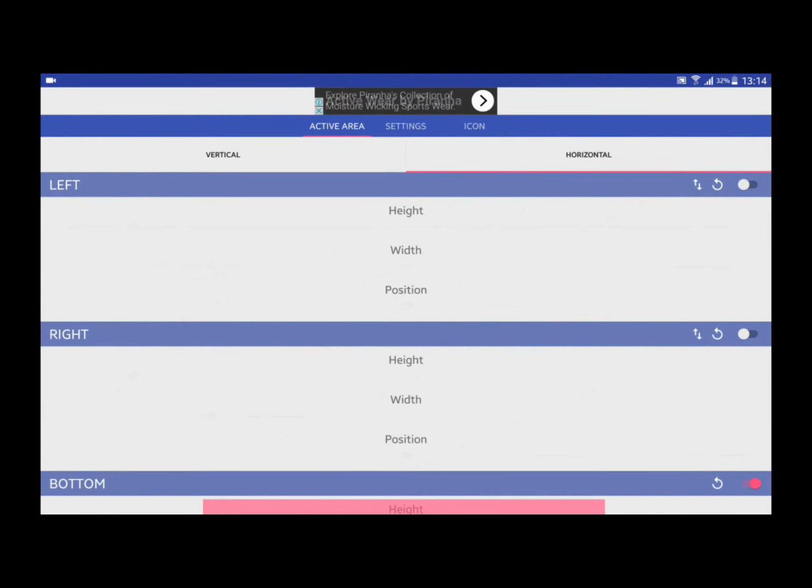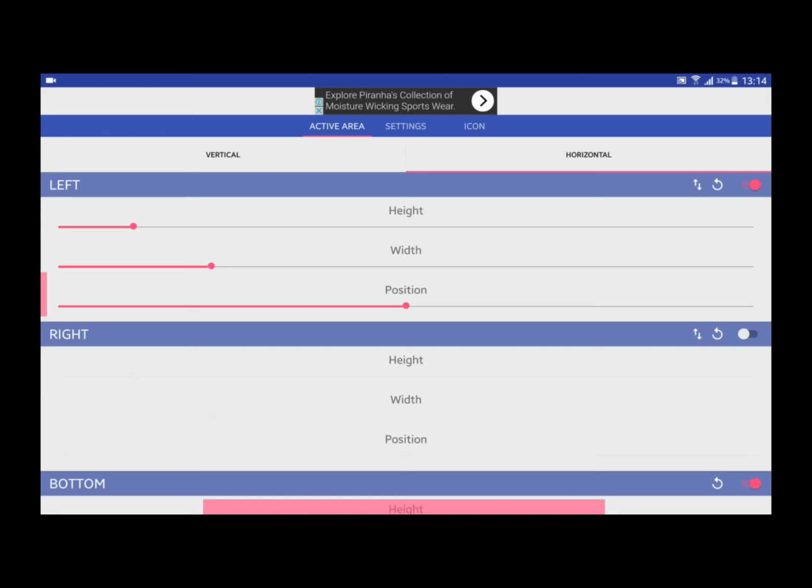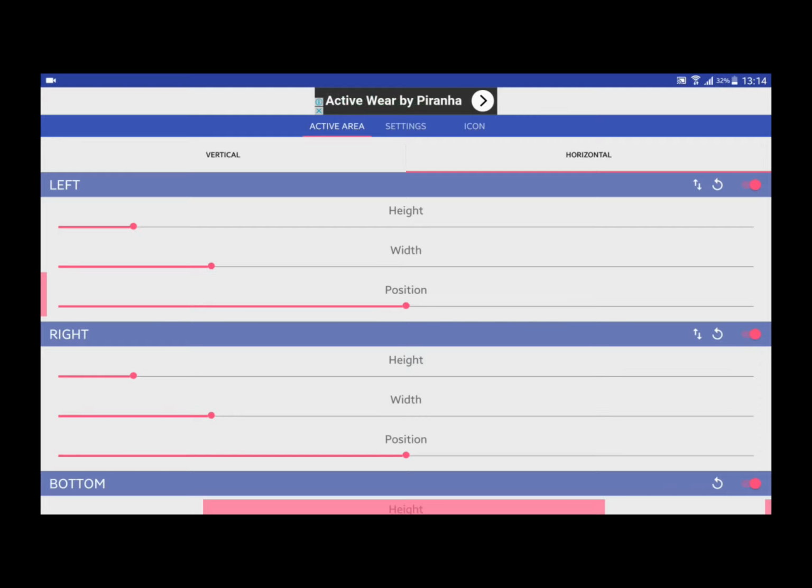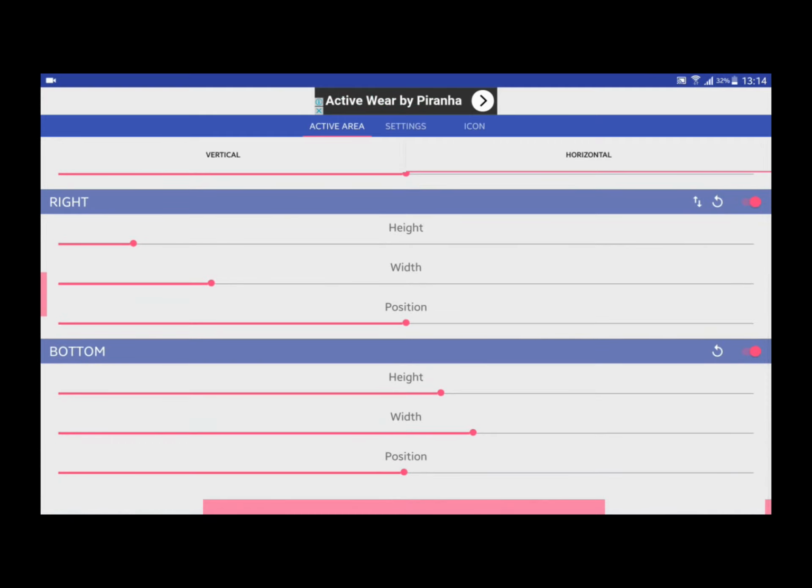So when we are working with this application, this is actually really simple to operate. For example, wherever you want to have your back button, the multitasking button and the home button, just go to, for example, you want to have it on the left side, so enable the left side. Have it on the right side, enable the right side. Bottom, enable the bottom side. So the position will be fixed.